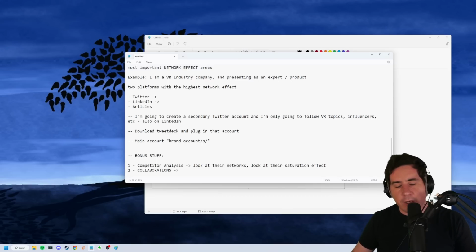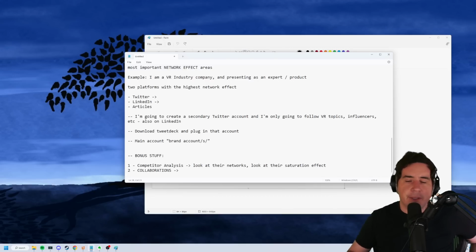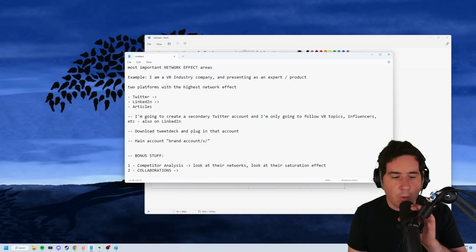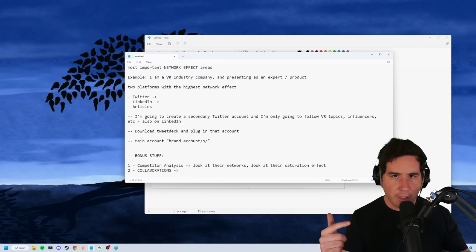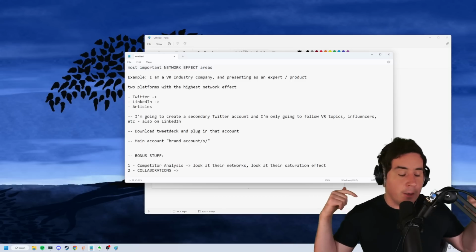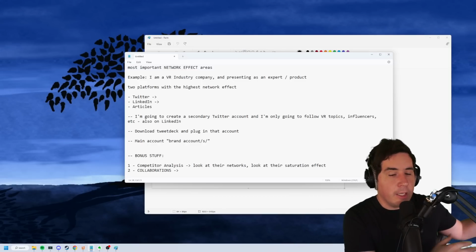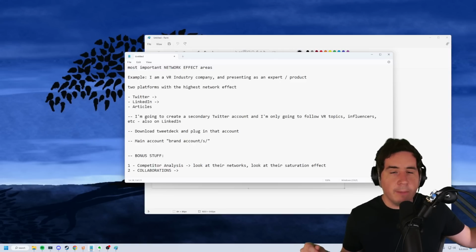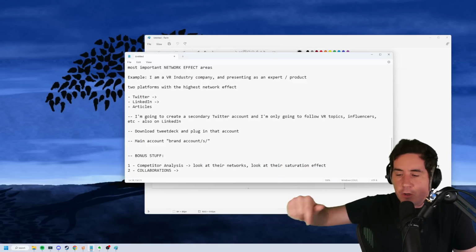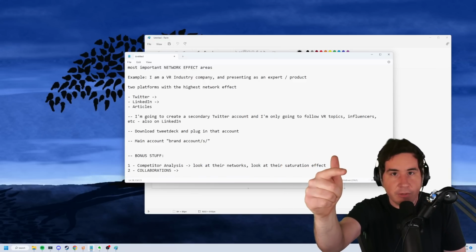So that's one of the reasons why collaborations often don't work. But if you collaborate with... and it's so funny, because it's such an important concept here. Most people are hesitant to collab with people that are their direct competitors. They say, oh, I don't want to collab with that person that's creating exactly the same content that I am doing, or I don't want to collaborate with that other marketer guy because he's a marketer guy, and then people will just follow him. But that's actually exactly what you should be doing, because the people listening to that person are the exact same people that would be willing to listen to you.